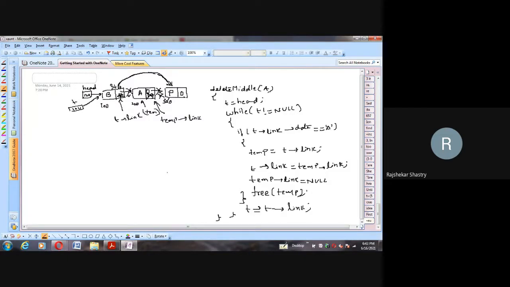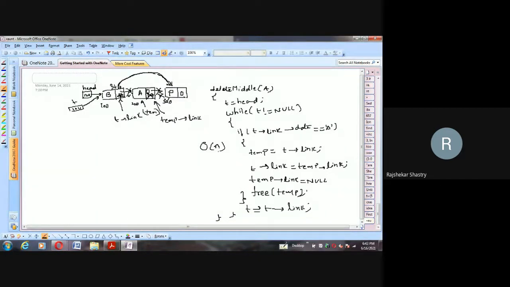And of course, again, if you check the complexity, it's big O of n only, because in the first case, if n nodes we have to search, if the nth node is the one which we want to delete, then of course the overall complexity leads to big O of n. This is about how we can deal with the middle node.